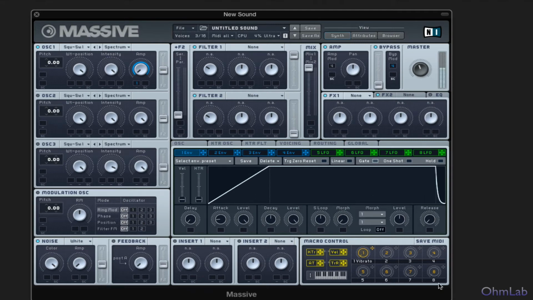We turn this all the way down. It is instantaneously cut off when we remove our finger from the keyboard. We turn this all the way up. It takes quite a while for it to resolve itself. Okay. So let's